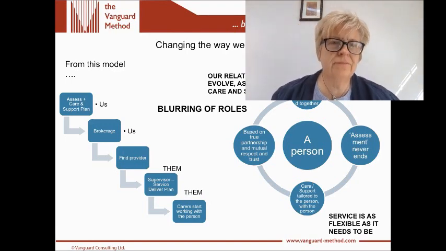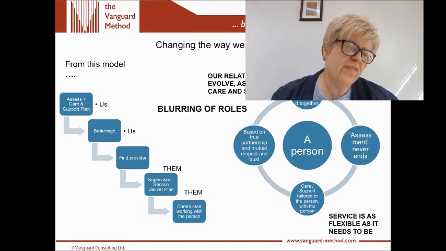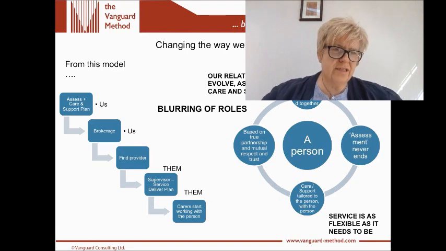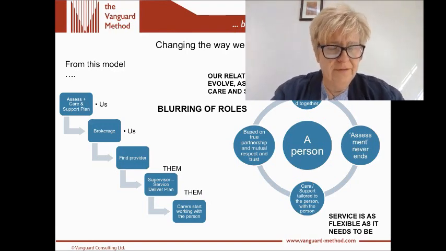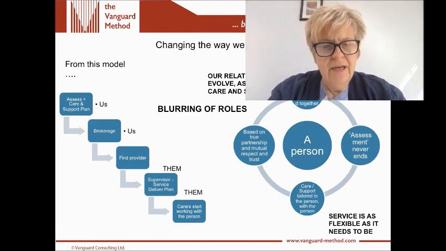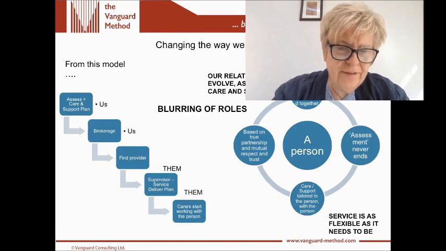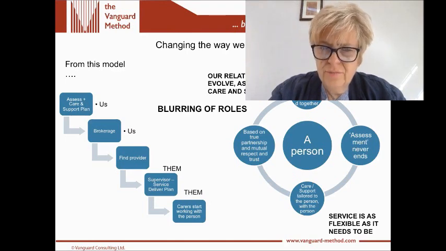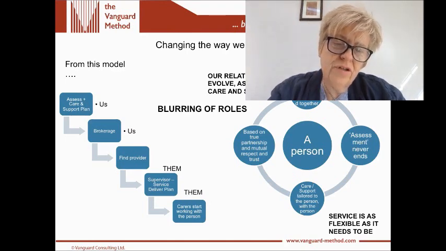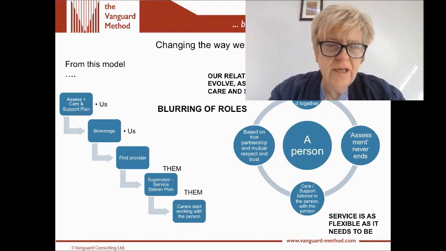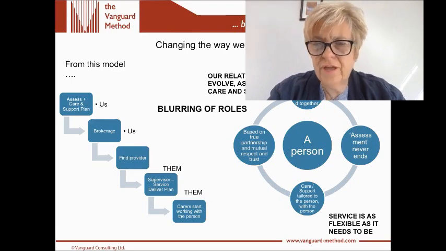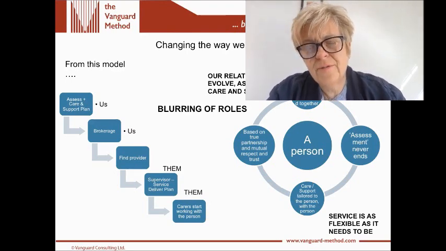So at the left-hand side, this model being one of us and them. So between the commissioner or social care assessing, providing care and support plans, going to brokerage to try and source care, finding a provider, and then passing that over to the provider, who then delivers on the service plan, and then care starts. But of course, as you've seen, when you study the system, there's a lot more goes on in all of those 5 steps, and a lot of waste activity, which is one of the things that you evidence when you evaluate the system in this way.